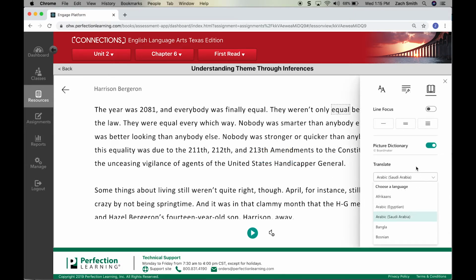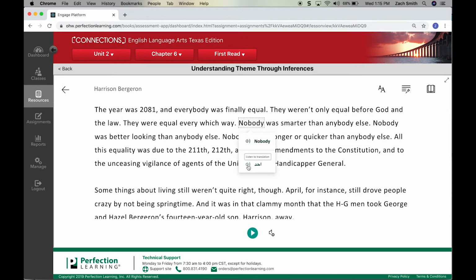Now, not every single word is represented visually, but most are. Also, there are 79 languages that we can translate this passage into. We can do it by word, or